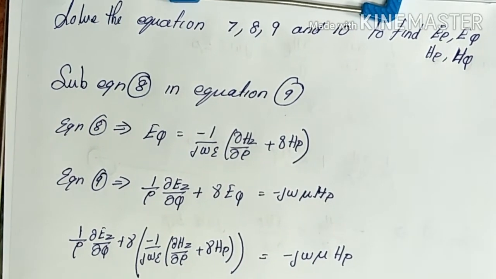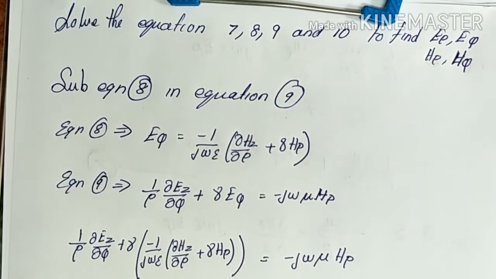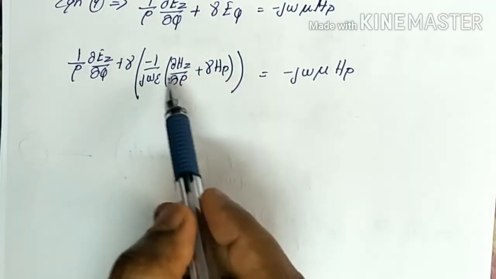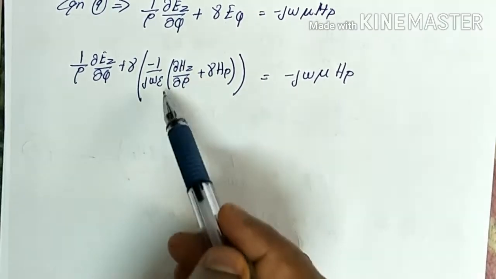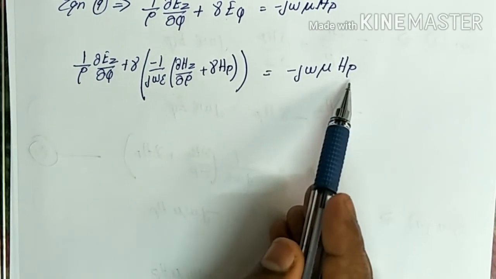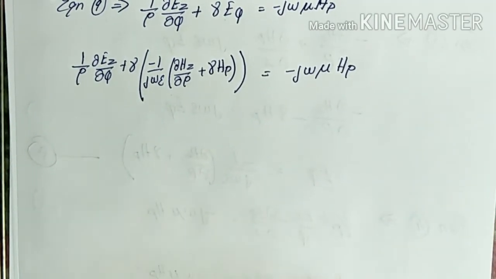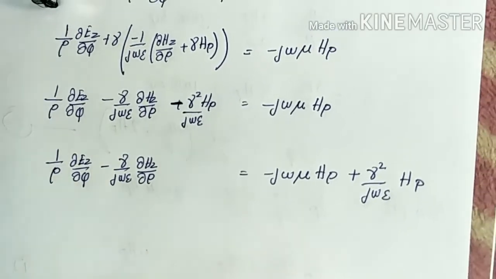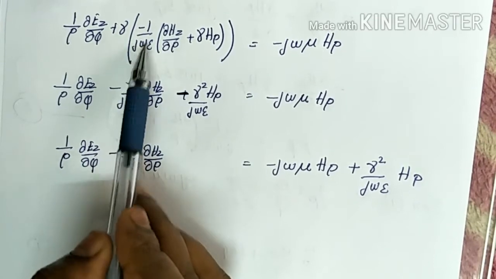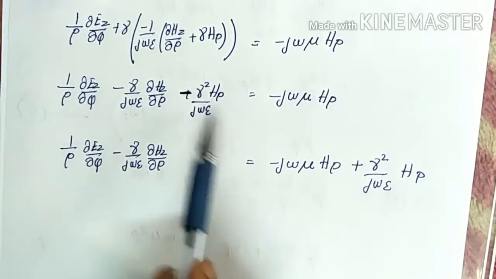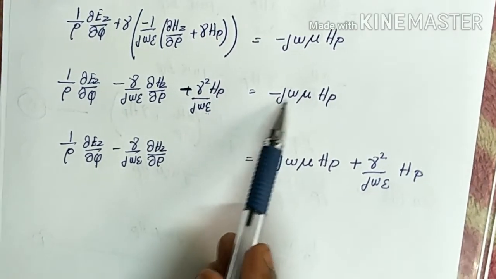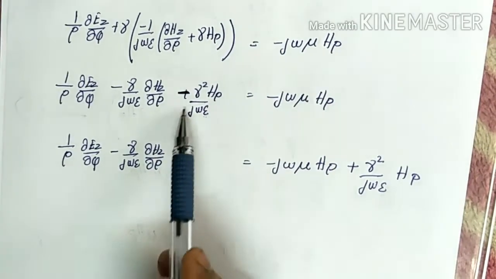Similarly, we have done this in the rectangular waveguide. We are doing the same as what we have done in the rectangular waveguide. So I have substituted the value of h5 here. Now multiply the common terms and group the h5 in one side LHS and other terms at the RHS. Now I have multiplied the common terms. Minus rho by j omega epsilon for both the terms. You will get gamma square minus gamma square j omega epsilon h rho is equal to minus j omega mu into h rho. Take this term to the